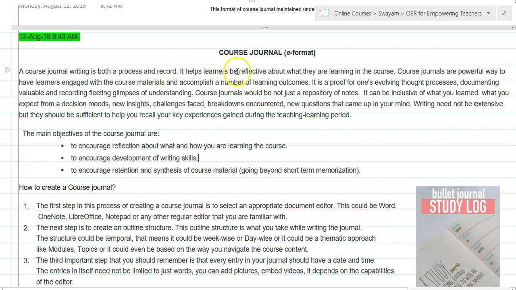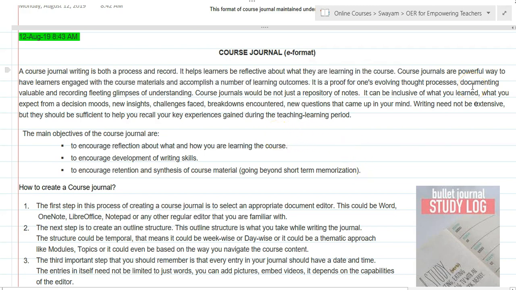So it helps in reflecting on what the learners have learned during the course. It is one of the powerful ways by which the learners are engaged with the course material and accomplish a number of learning outcomes.